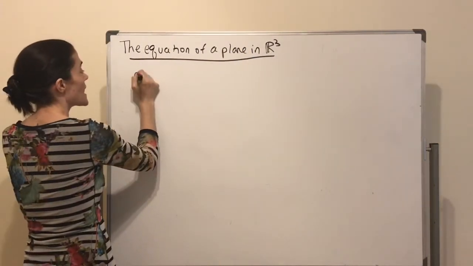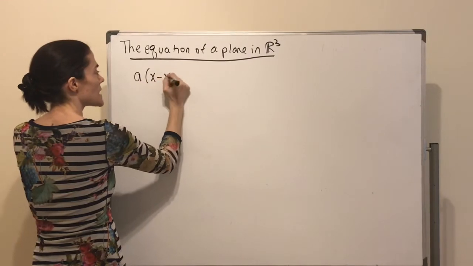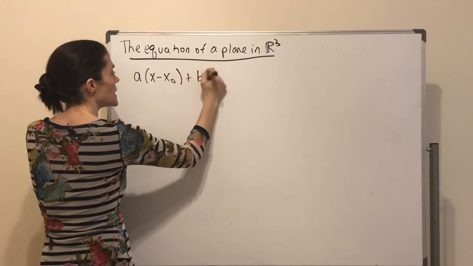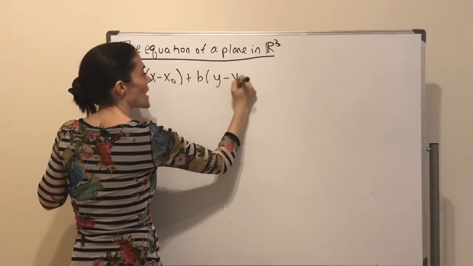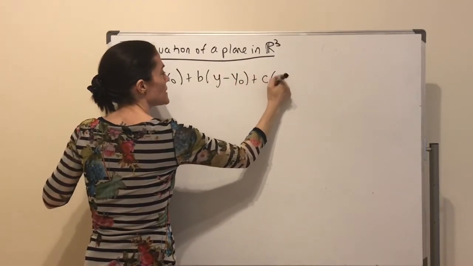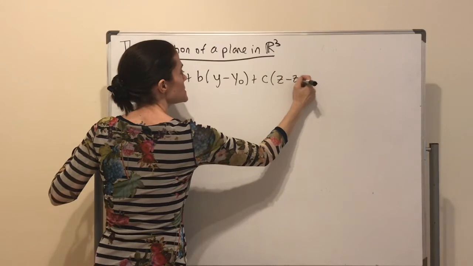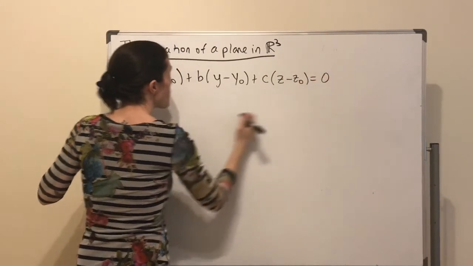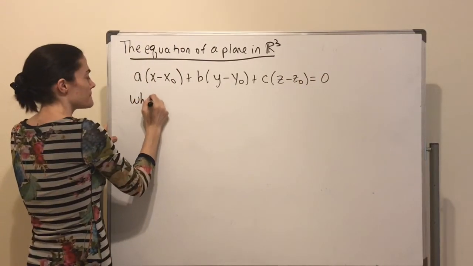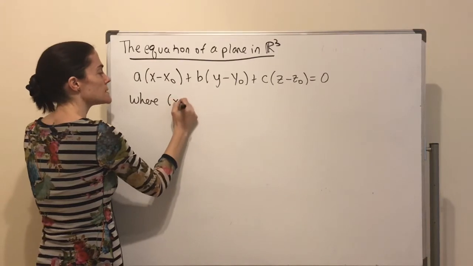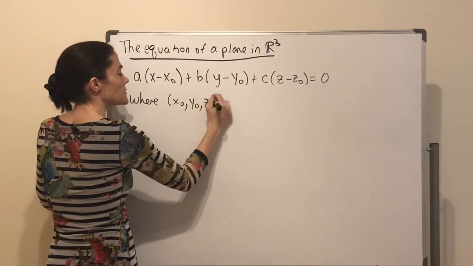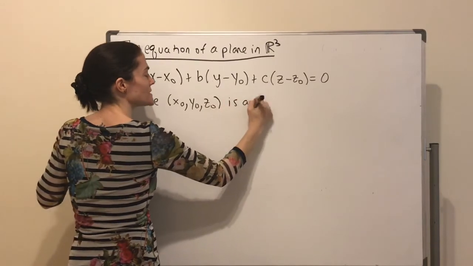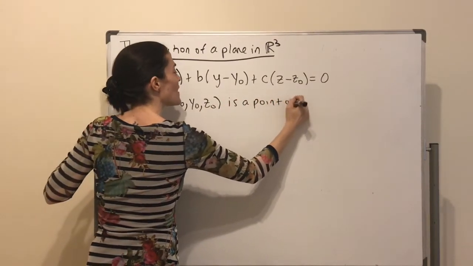Well, we have A(x minus x0) plus B(y minus y0) plus C(z minus z0) equals 0, where (x0, y0, z0) is a point on the plane,